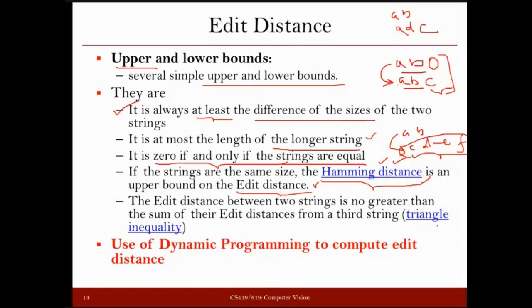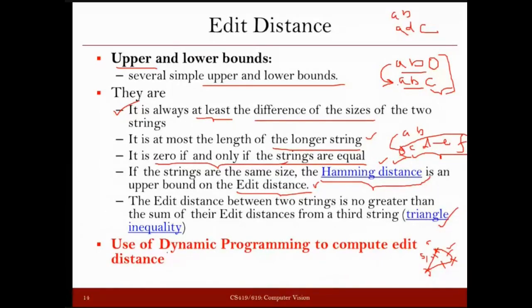And in this case, you'll also see that the triangular inequality will be satisfied. So if you have, let's say, 3 strings, and you compare the distance of this string to this string, this is always going to be less than what you are going to get if you compare this string with this string here, and this string with this string here. Okay, so this distance is going to be less than this plus this. So triangular inequality also holds here.